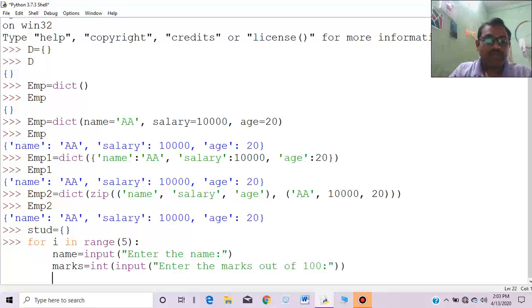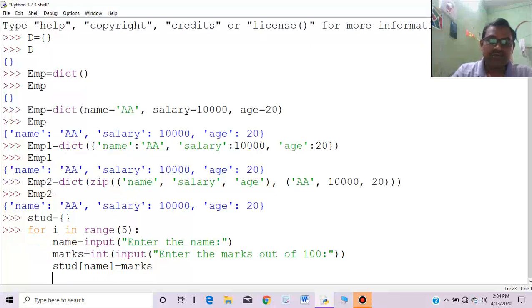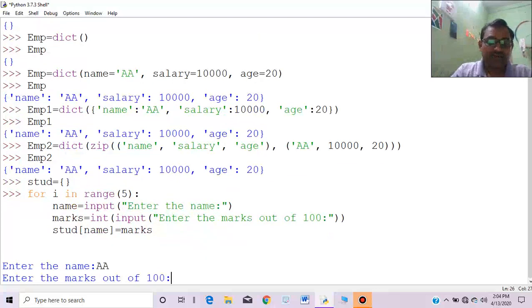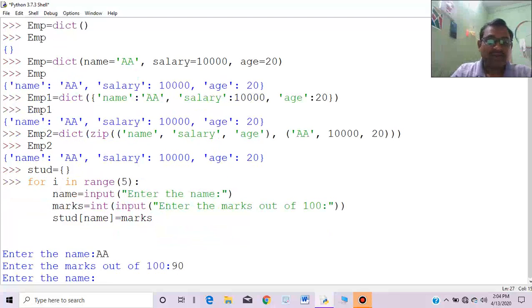Okay, now stud key, key is name, and the value is marks. So a key value pair would be there. Okay, so it would run 5 times. See how it happens. Number one, name is aa, and value is out of 100, suppose 90, one value.